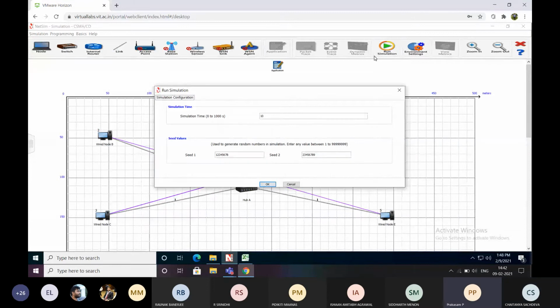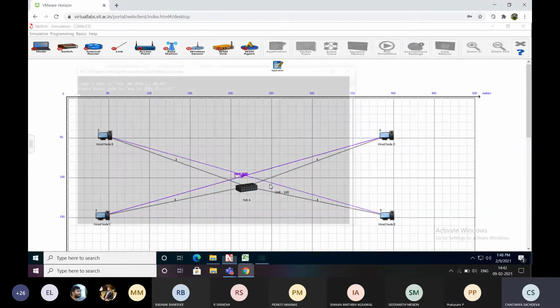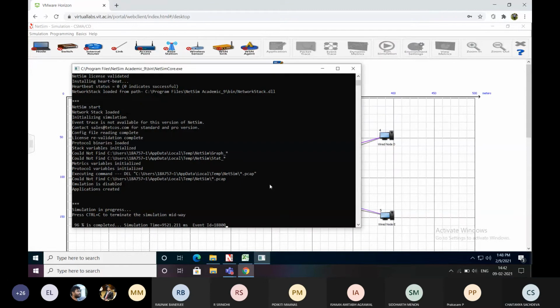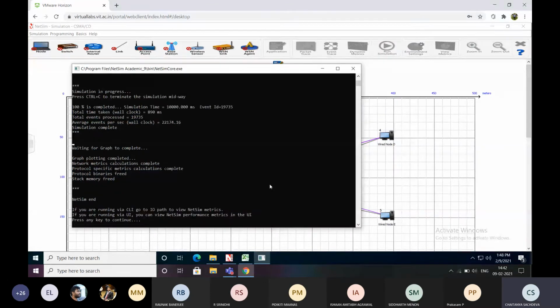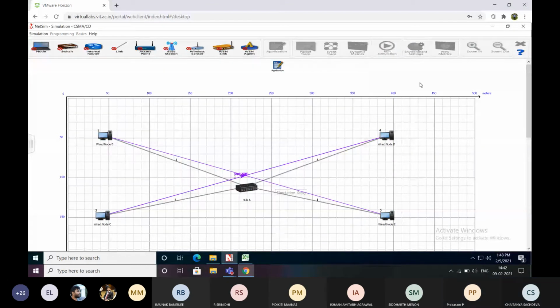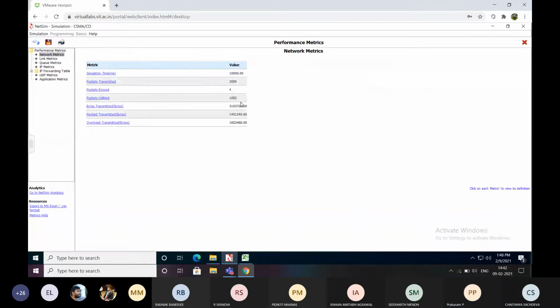This is wired node. Okay, now run. 10 milliseconds you can run. Click it, okay. Done. Now press enter. Press any key to continue.